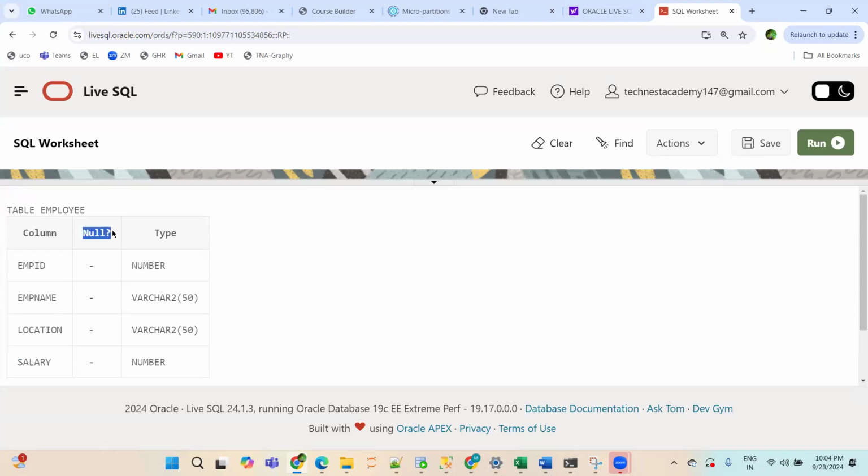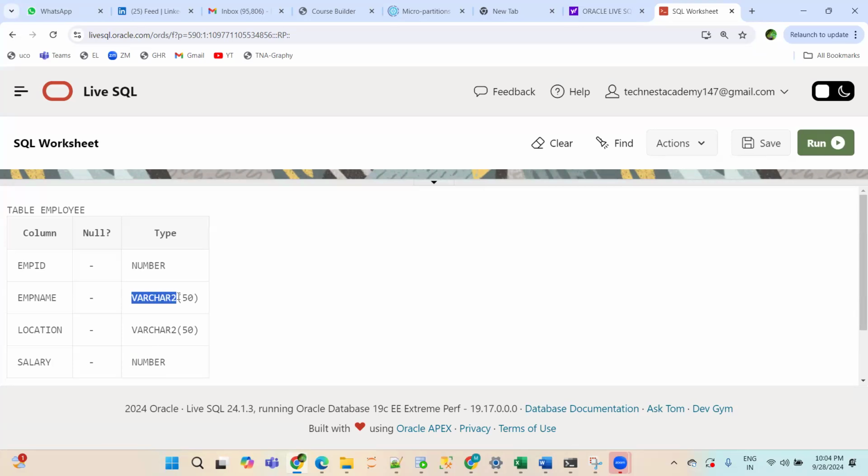This null, ignore it. At a later point of time, we will discuss what is null. So please forget about it. Now, this type means data type. It is coming as number. You must be thinking here, Tanveer, you have mentioned int, but it is coming as a number. They both are same. Either you can write int or you can write number. And then here as well you have number.